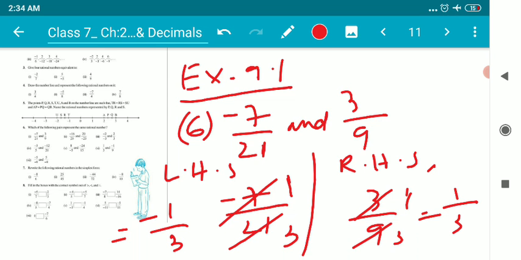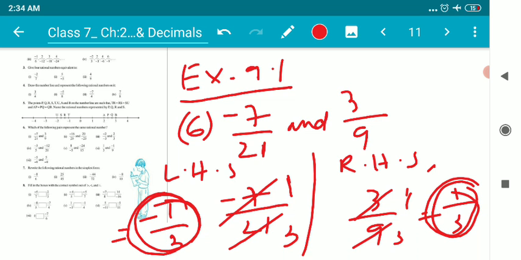Children, there is something that needs to be understood very nicely. One number is minus 1 by 3, the other number is plus 1 by 3. Both are numerically the same, their numeric digits are the same, but the symbols are different. One is a negative number and the other is a positive number. Otherwise both are proper fractions. One is negative proper, the other is positive proper. Children, they are not the same. Minus 1 by 3 and plus 1 by 3 are not the same. So, it is unequal.